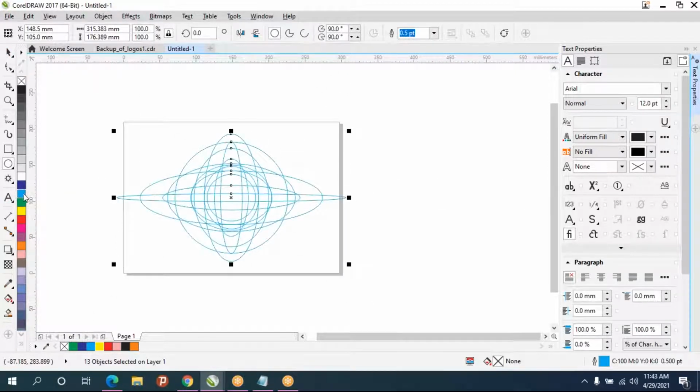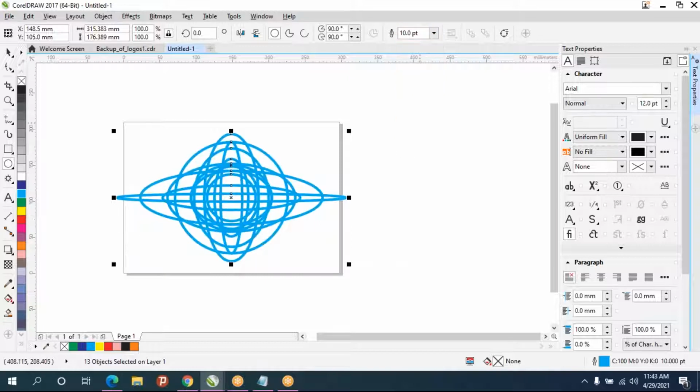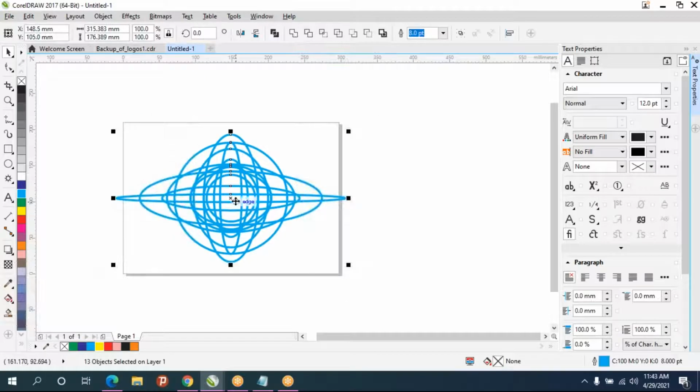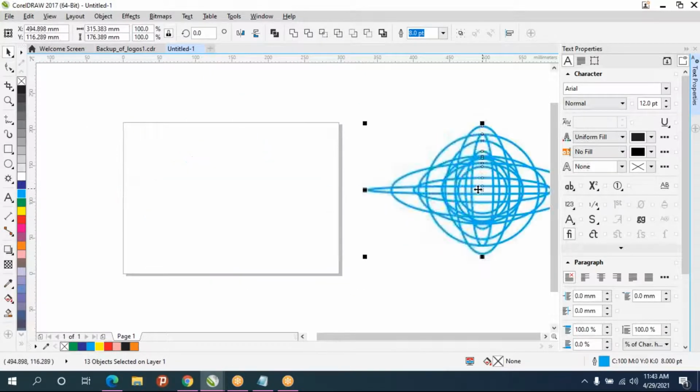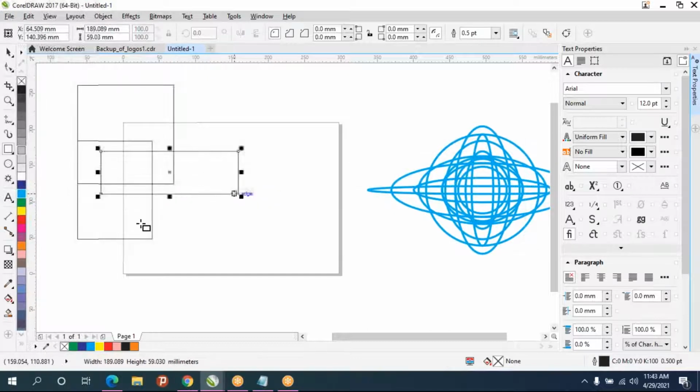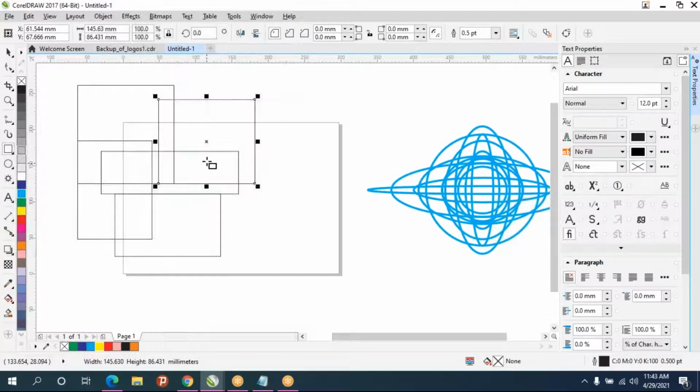You can give different colors, and we can increase the stroke size also. Like that for any shapes which you are creating.